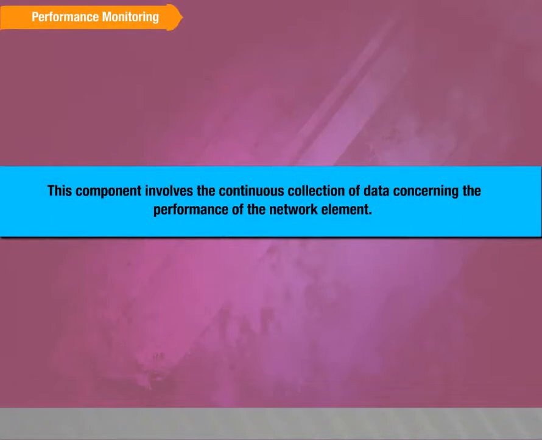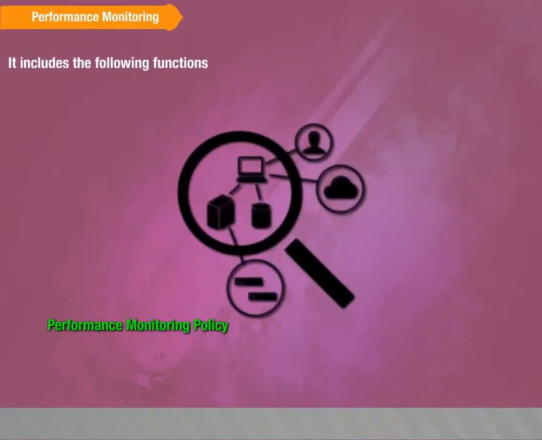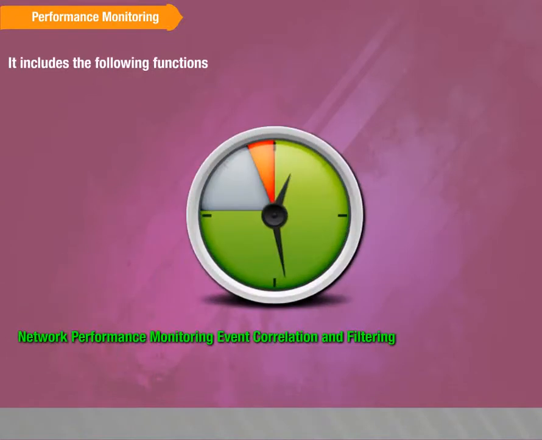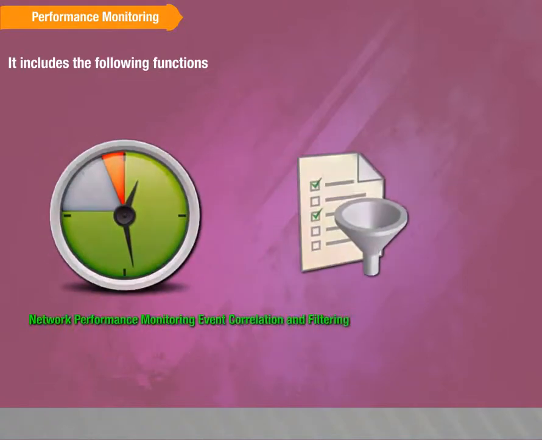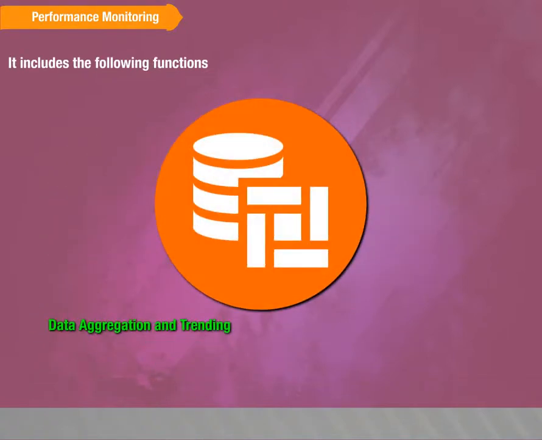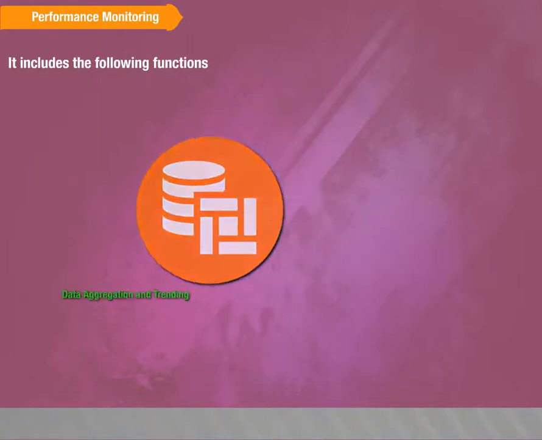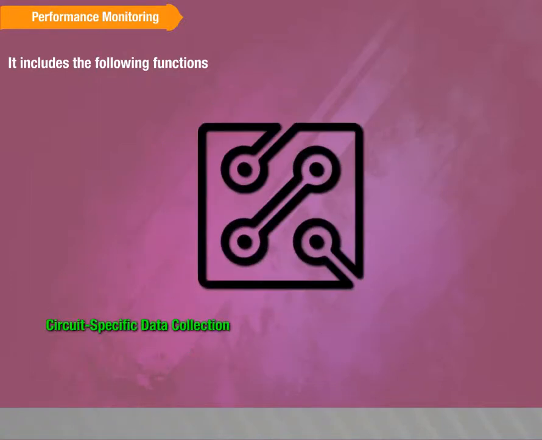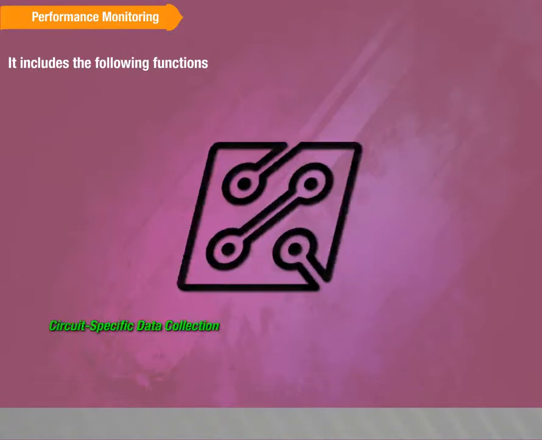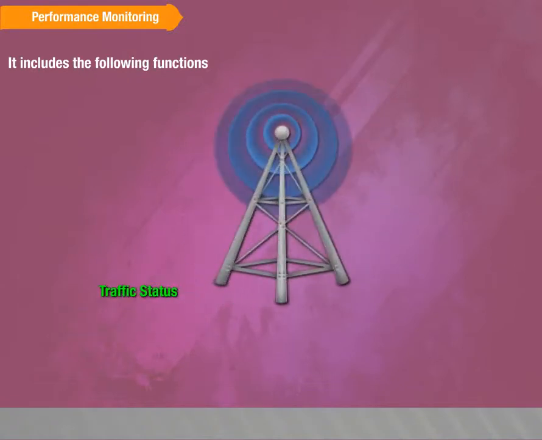This component involves the continuous collection of data concerning the performance of the network element. It includes the following functions: performance monitoring policy, network performance monitoring, event correlation and filtering, data aggregation and trending, circuit-specific data collection, traffic status,